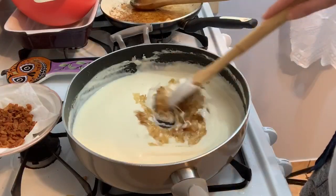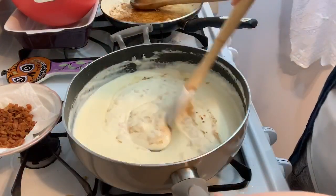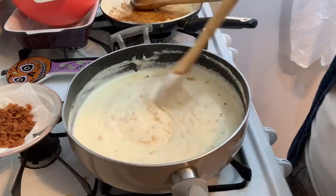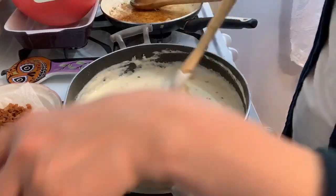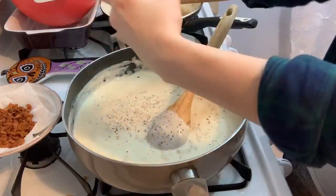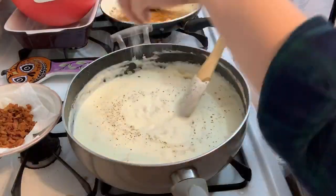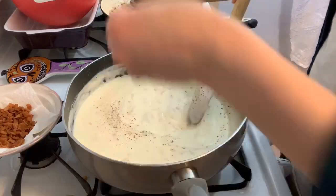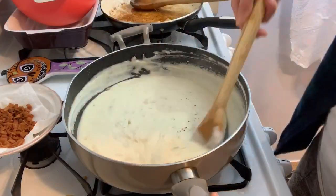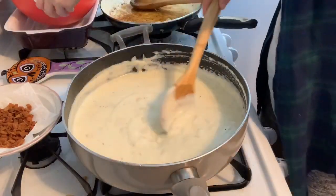I'm gonna stir and season. So a little bit of red pepper flakes. I do just a small pinch because I do like the kick, but you know that red pepper flakes, a little goes a long way. I'm gonna add in some pepper. Ooh, look at this goodness. And then some salt. Generous pinching. All right. And then the final touch, I'm gonna do a little bit more salt for good luck,